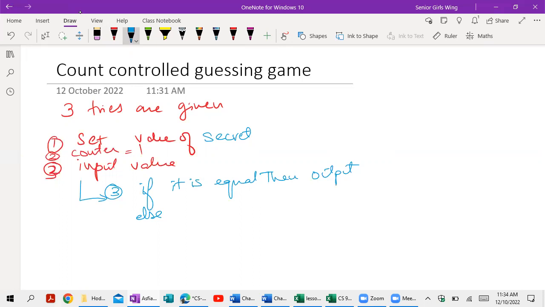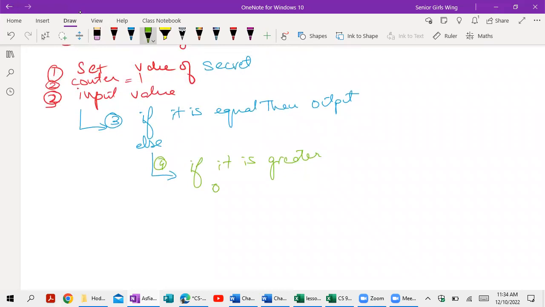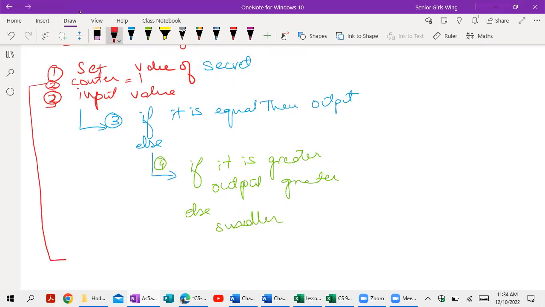Okay, and the else we have, this would be our next step. If it is greater then output greater, or else smaller. Now, because this is a loop,